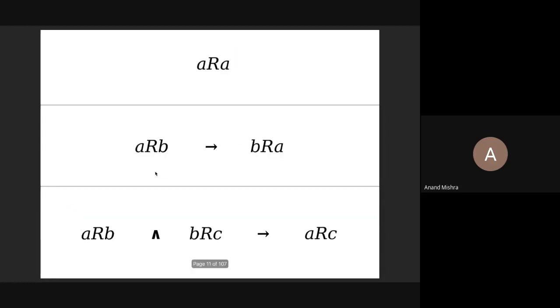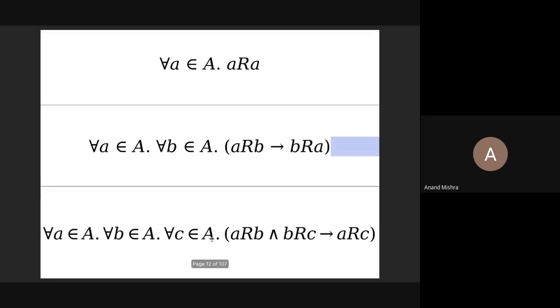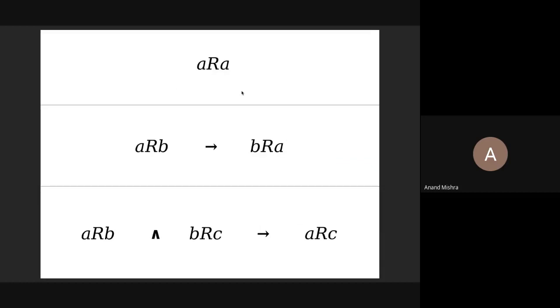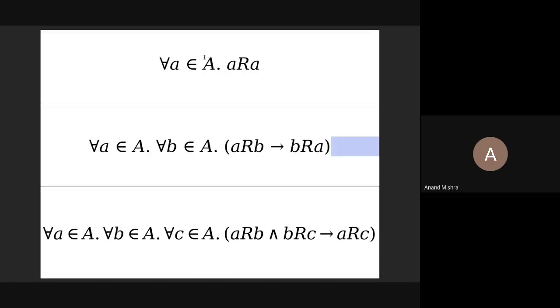So more mathematically, equivalence relation means A is related to A; A is related to B implies B is related to A; and A is related to B and B is related to C implies A is related to C. Now you can do it even more formally, because you will ask what these A's are. These A's are elements of the set A. We talked about relationships always being defined over a set. So the first is true for all A, the second for all A and all B, wherever A related to B is there, B related to A should be there. And the third again should be true for all A, B, C.